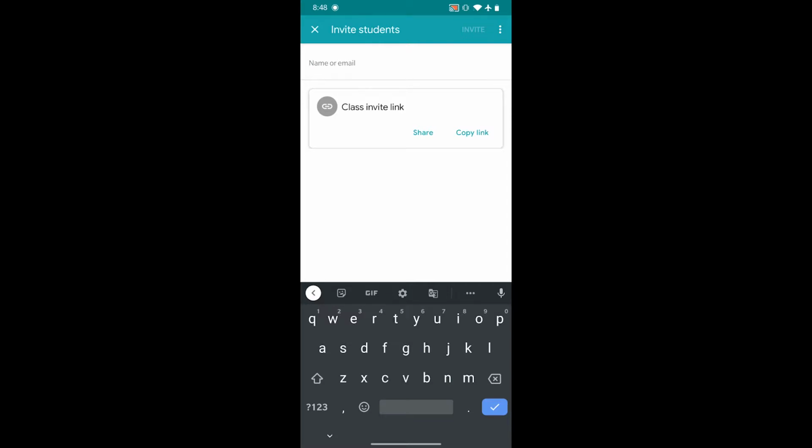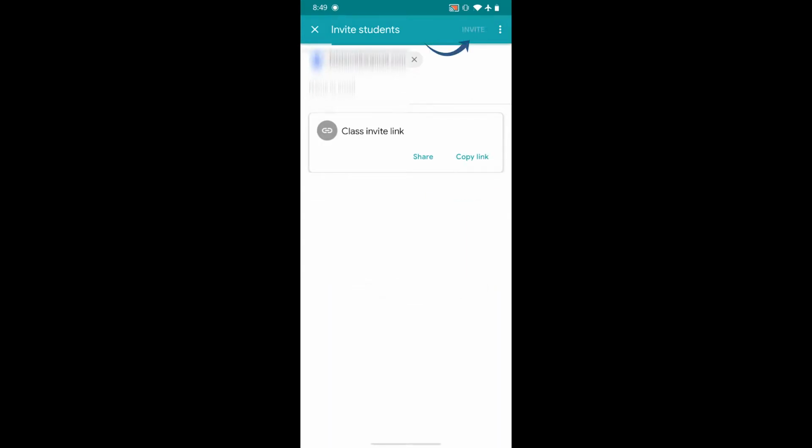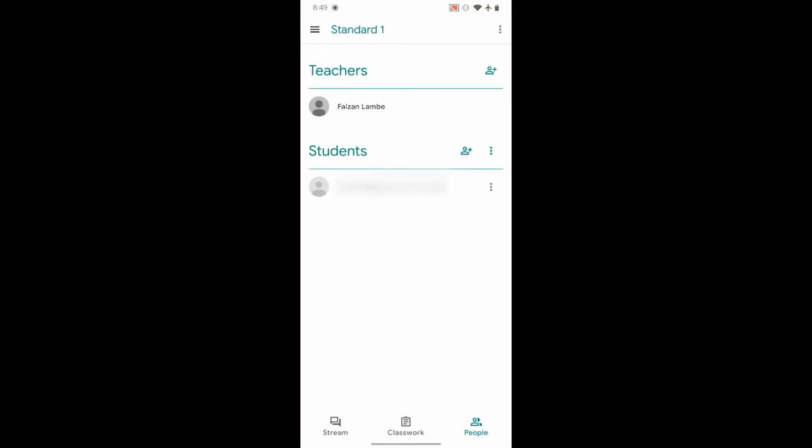Let's go with typing an email ID. Click on add recipient. You can see the invite button right over here. Click on invite. This will send a mail to the student asking to join the class. When the student joins the class, you will be able to see the name of the student.